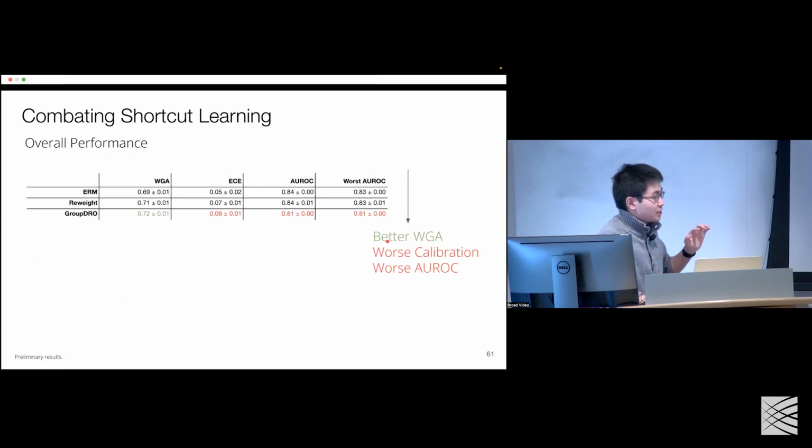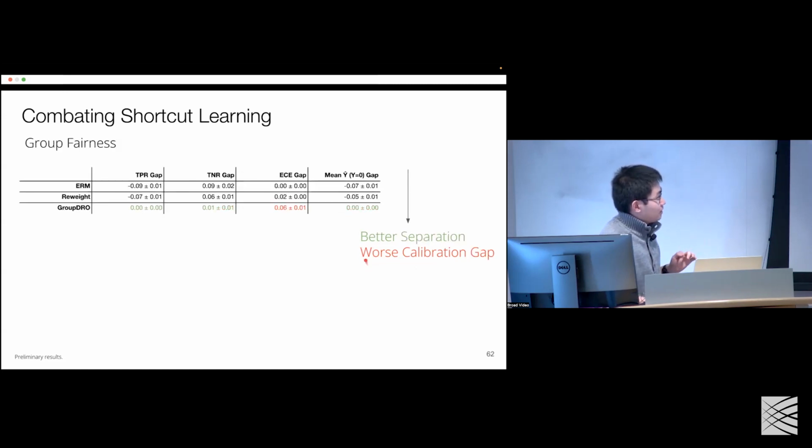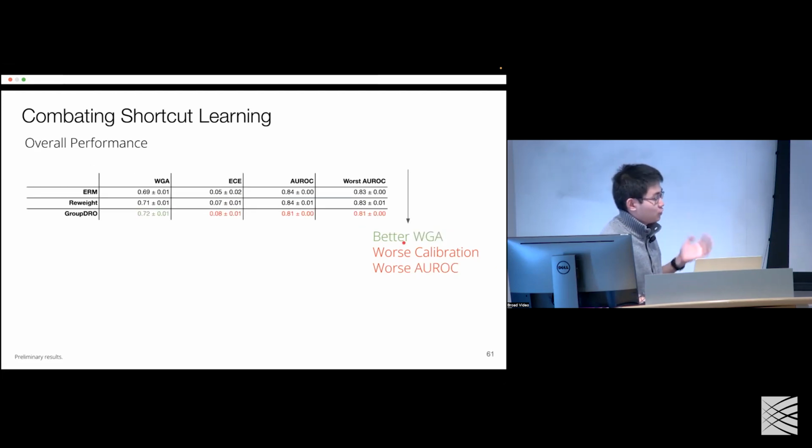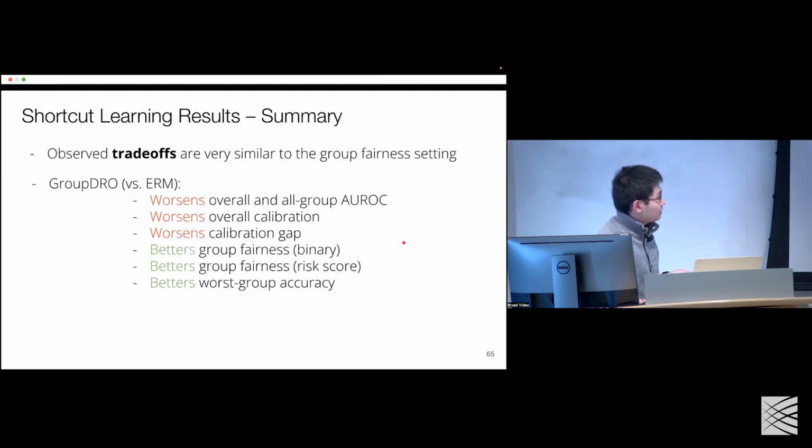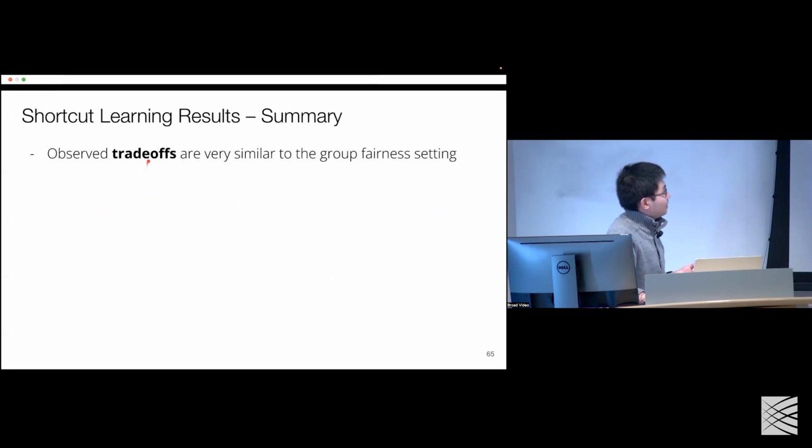So we do again come with a trade-off of worse calibration and worse ERLC. Okay, better separation, so in terms of better TPR and FPR gaps, but worse calibration gaps. So again, we get models that are fairer, but models that are worse in performance for all. So the summary is that in the shortcut learning setting, the trade-offs that we observe are very similar to the